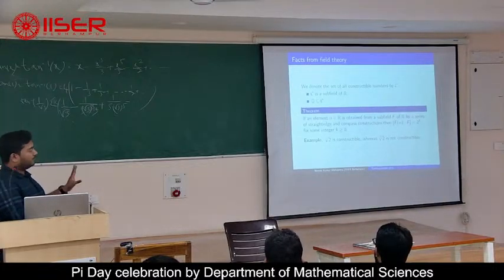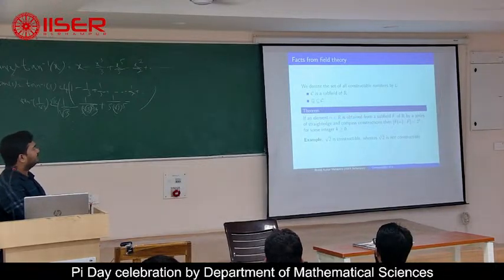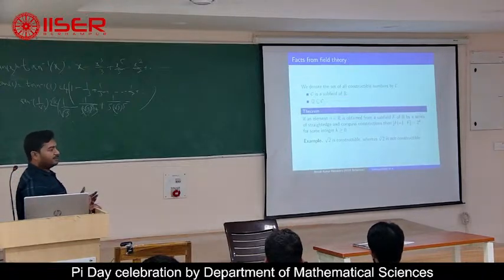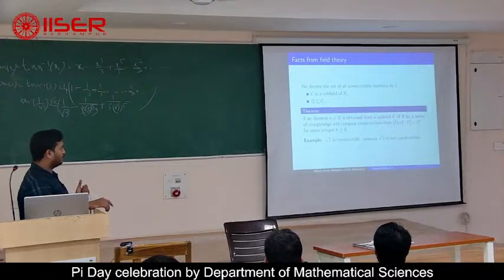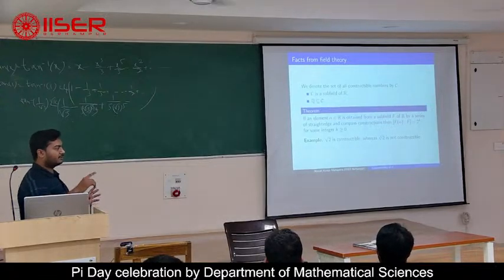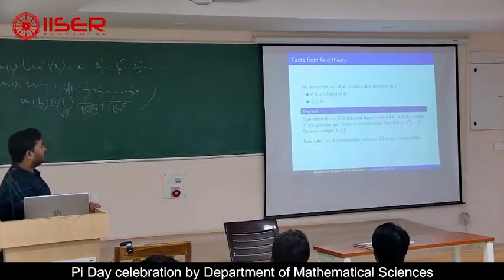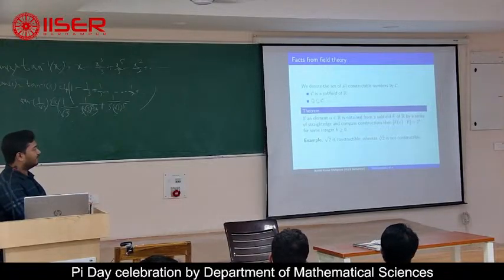Whatever we observed, these are some basic facts from field theory: the set of constructible numbers contains all the rationals, but it is strictly bigger than Q, because we can construct root 2, for example. Now, this theorem basically classifies